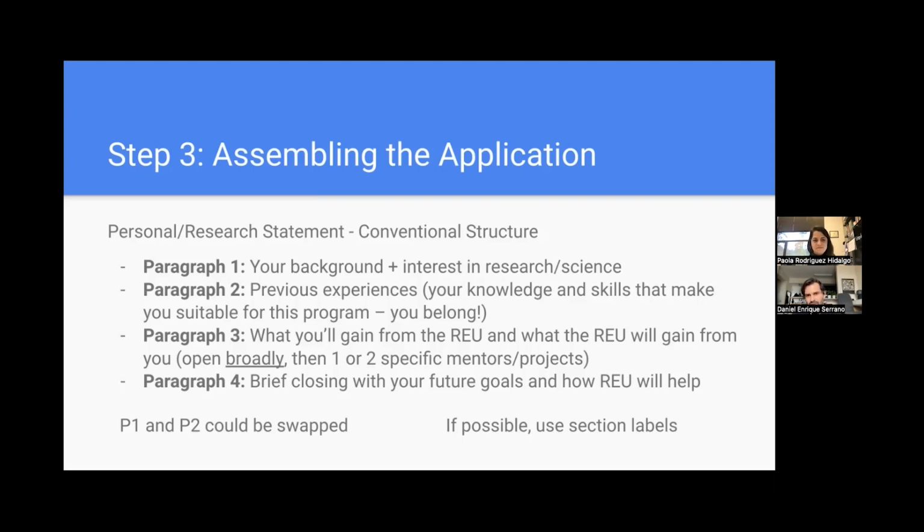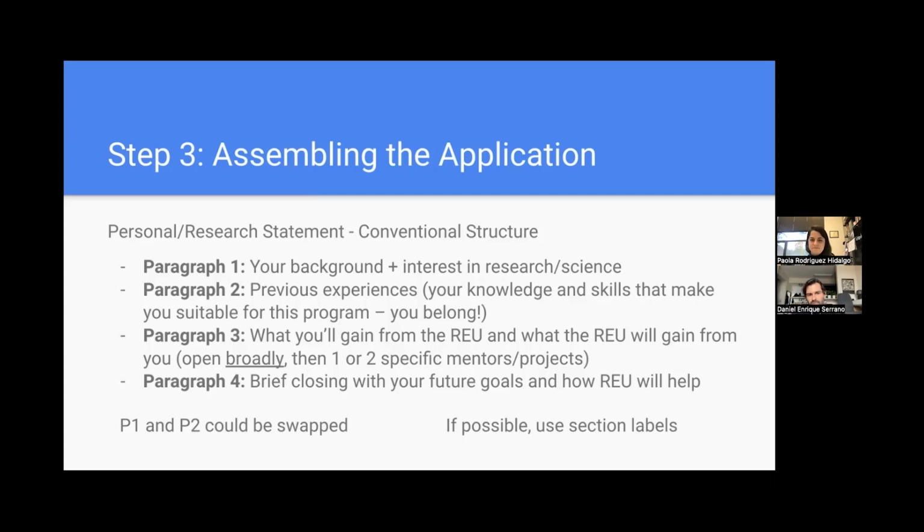But also, what are you going to get out of this experience? Talk about those two things. First, you can be broad about it. You can be just generally about the topics in that REU program, or generally about physics or astronomy. But we recommend that if the REU program website lists the possible projects or possible mentors, you list one or two of those specific ones, so that you show this REU program application committee that you have done your homework and that you're interested in that specific program, and they can better fit you with what you would want to do in that program.